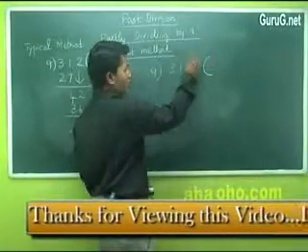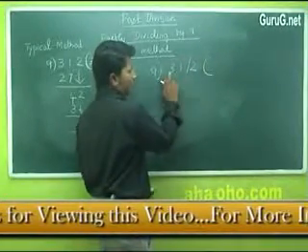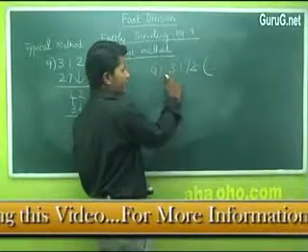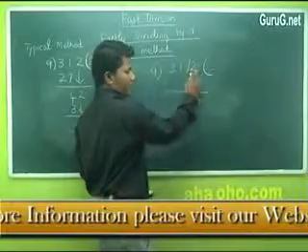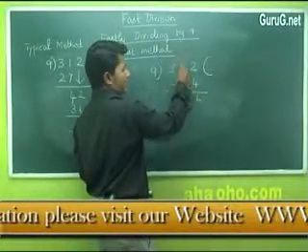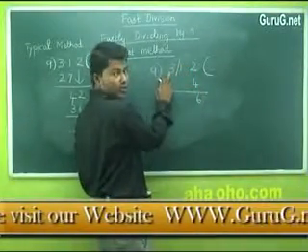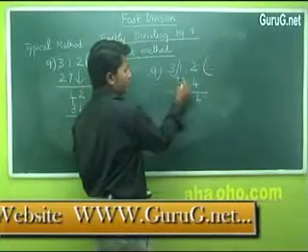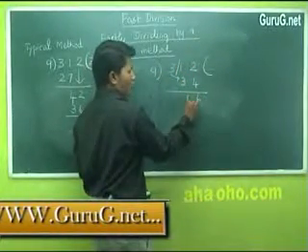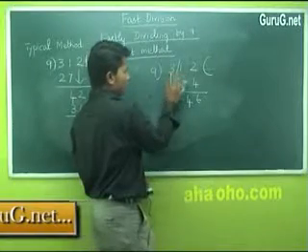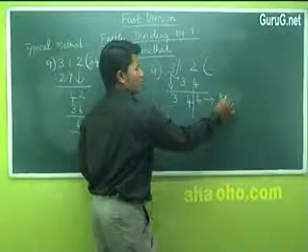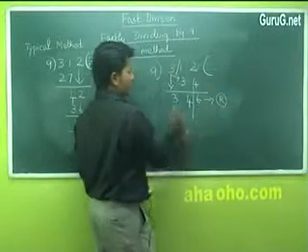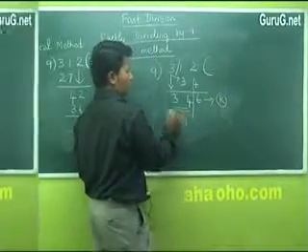In our fast method, find the number in the units digit. It is 2. Place the bar. There are 2 numbers before it. So add it. 3 plus 1 is 4. Next, add it. It is 6. Place the bar here. There is only 1 digit available. Bring it here. 3 plus 1 is 4. And the remaining number down. So the last digit will always be your remainder, and this digit will be your quotient.